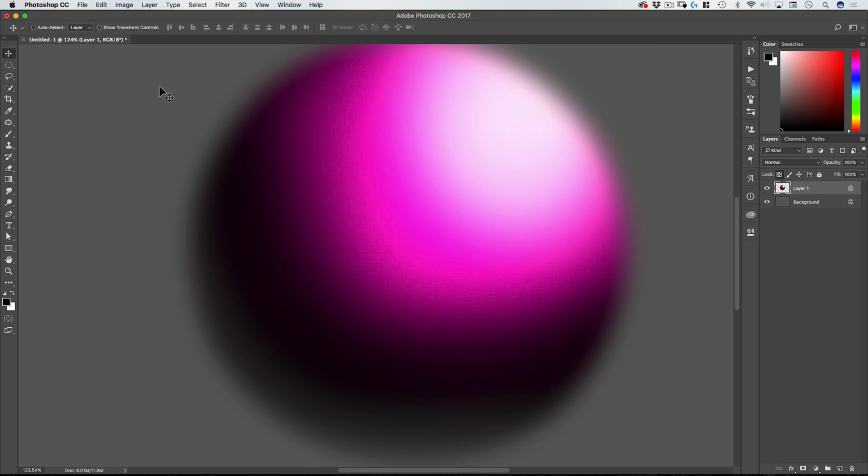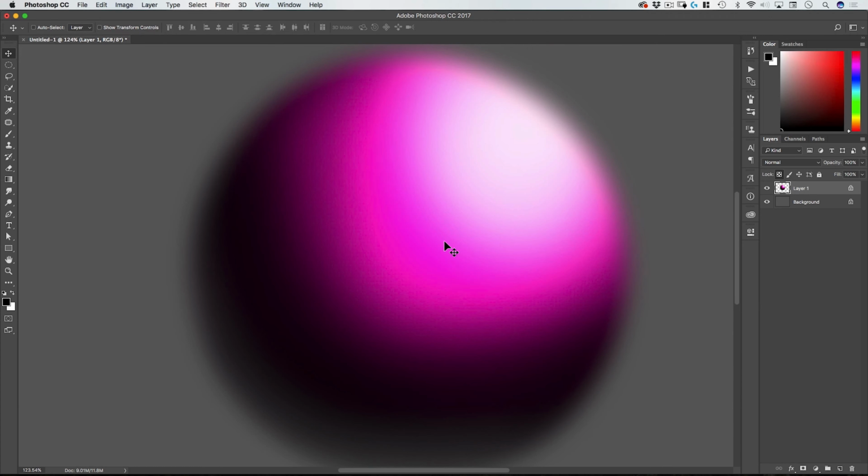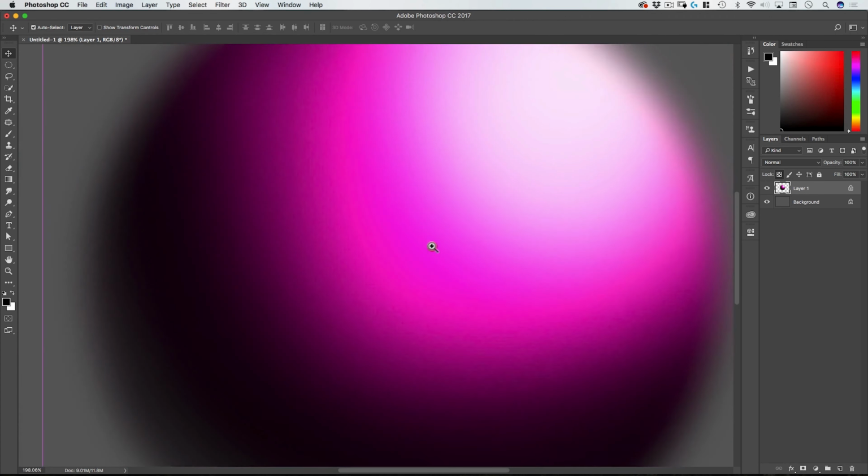If every time you had to move or zoom in, you had to come to the tools palette and change your tool, that would be a bit cumbersome. So fortunately, Photoshop has built in some shortcuts that are accessible no matter what tool you're on. And that is the spacebar for the hand and spacebar and command for the zoom.